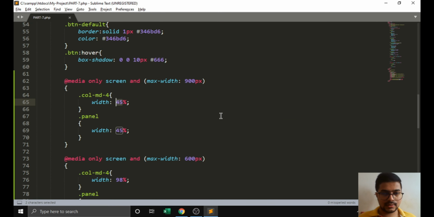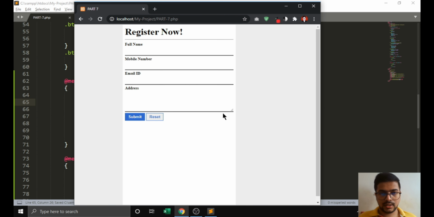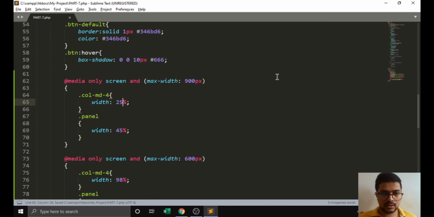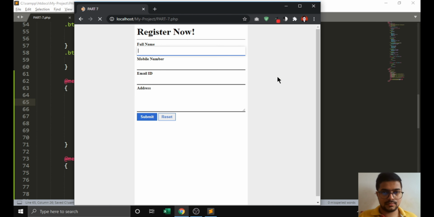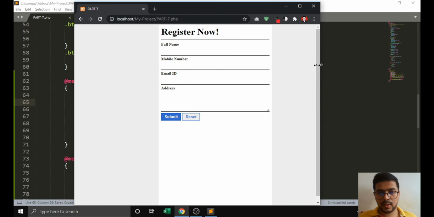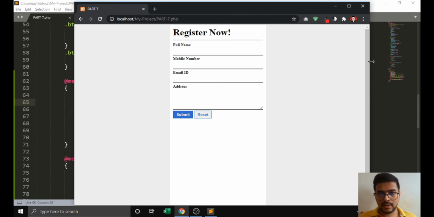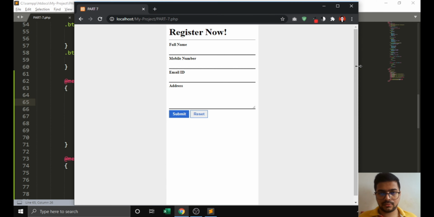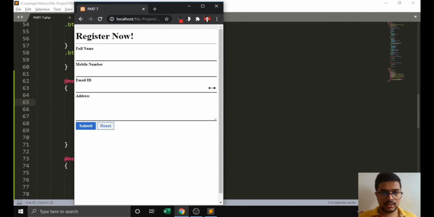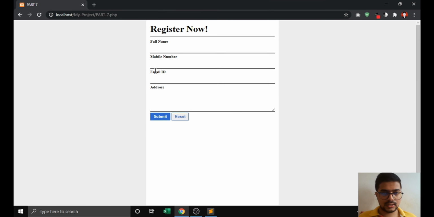We can adjust it by entering here 20%, or we can adjust it by passing the correct value over here, and we can make all the views as per our requirements for desktop view, tablet view, and then mobile view. We can create how we need it.